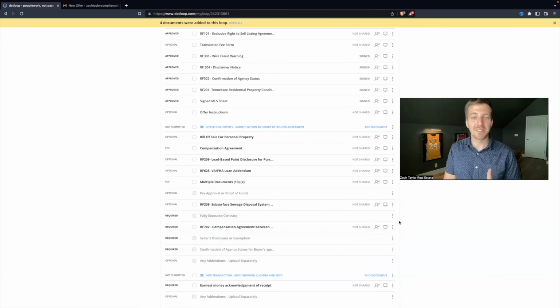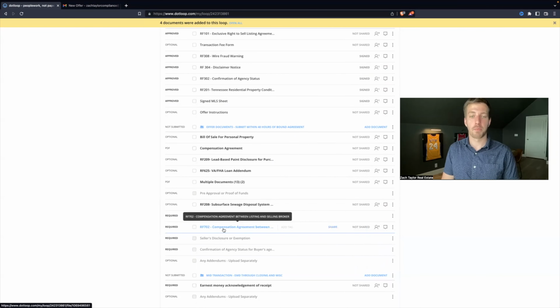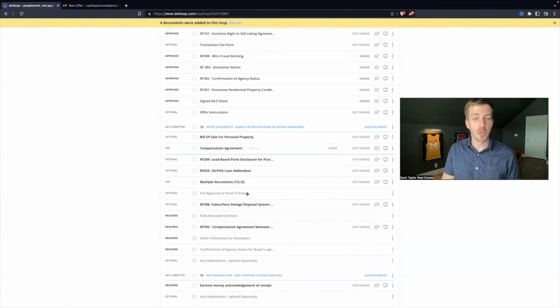But with that being said, let's say, for example, this version of the form is the required line item placeholder. Let's say this is only signed by me, but I have uploaded into the loop a version of this document that is signed by both parties. We only need the document signed by both parties. So what you can do, because you can't delete this one, but this one is not the one we need for compliance, is come over here, and when you see the 4 little arrows, you click